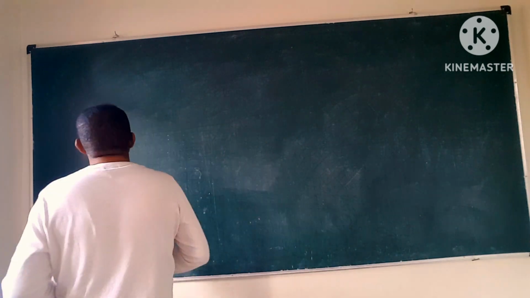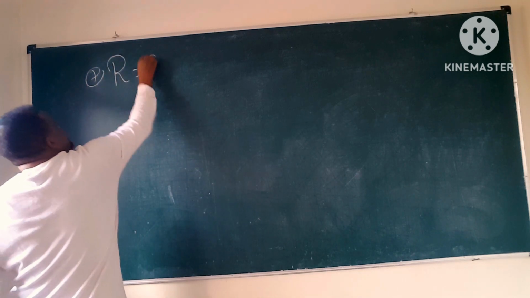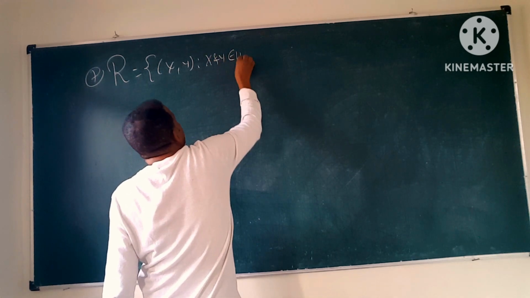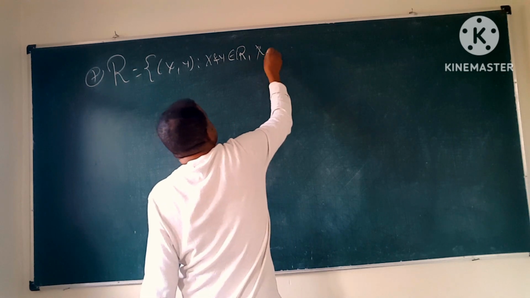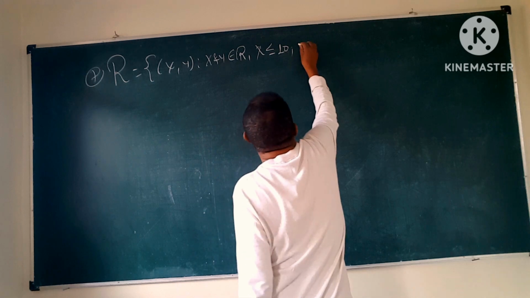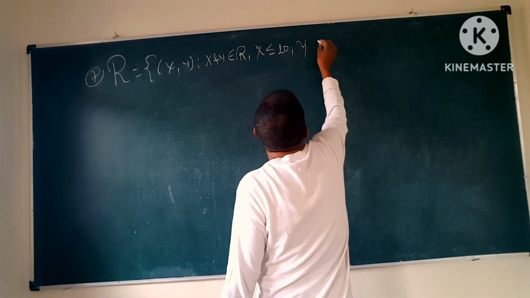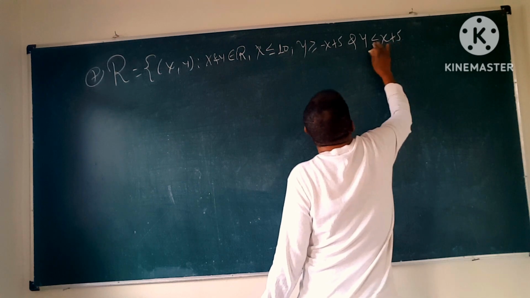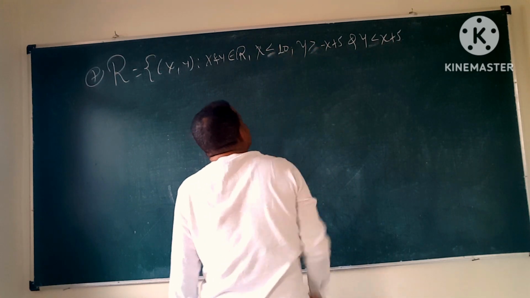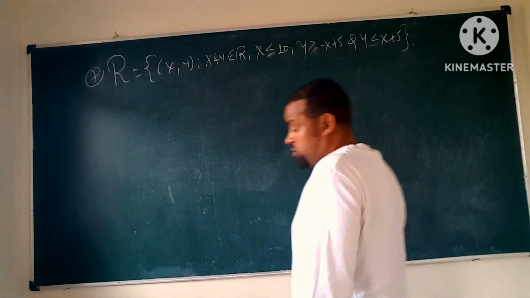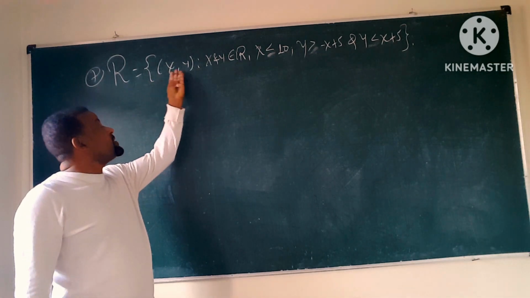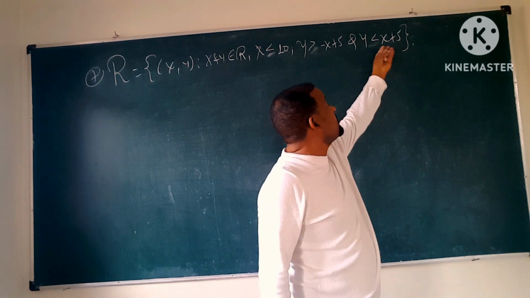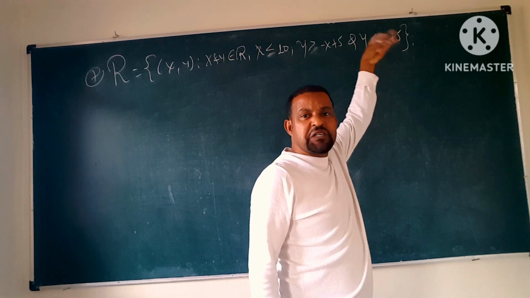አይተናል let's do this example say example 7 r is equal to the set of all order pairs of x y such that x and y are coming from the set of real number and say x is less or equal to 10 y is greater than or equal to negative x plus 5 and y is less or equal to x plus 5. let me make them strictly less than and greater than okay so let's observe this relation the set of all numbers of x y such that x is less than 10 y is greater than negative x plus 5 y is less than x plus 5 አሁን በአጋጣሚ x plus 5 ነው ስድስትም ሰባትም ስምንትም ቢሆን ያው ነው ችግር የለውም